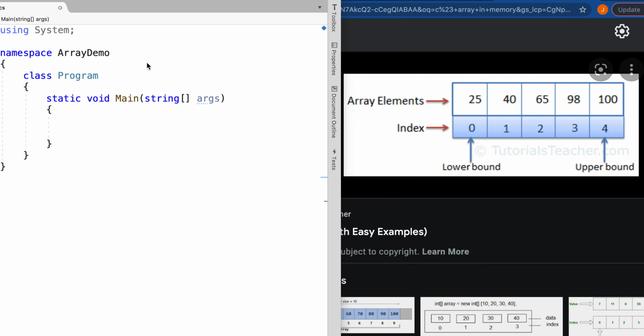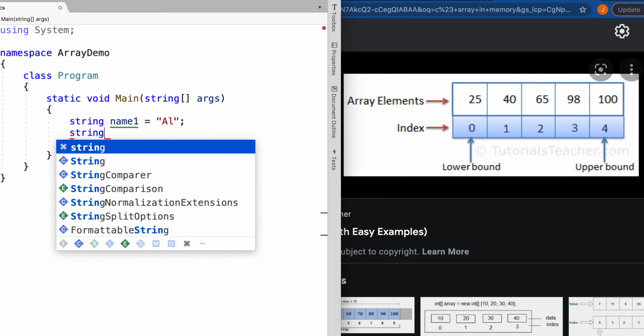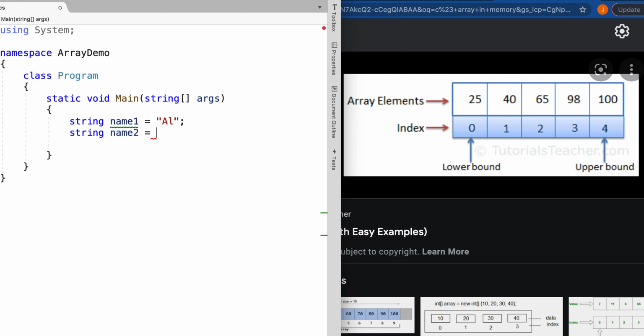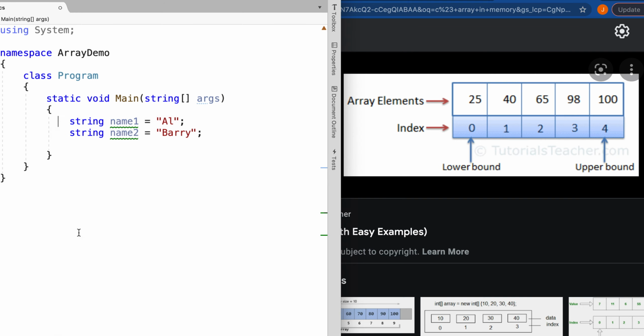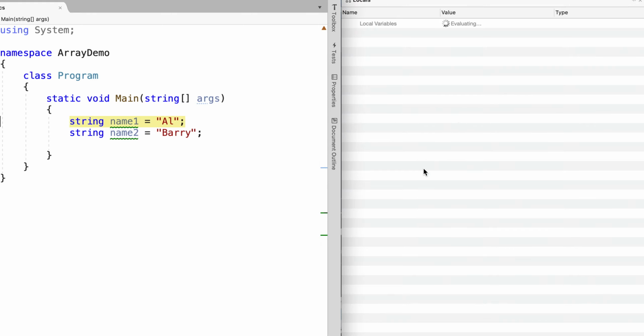So we know that we could create multiple places in memory for names using multiple variables. So here we have name1, name2, and if we ran this, we would see in memory that there were multiple string values in memory. Now, this is an easy way to create multiple variables, but it's not very practical in a program that